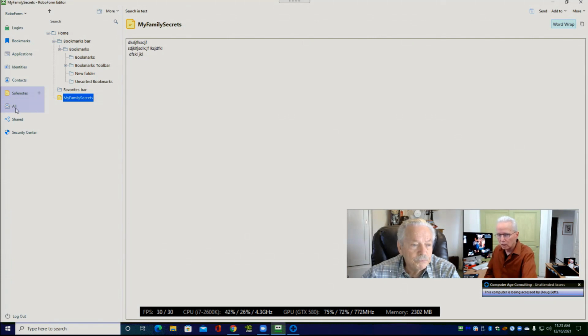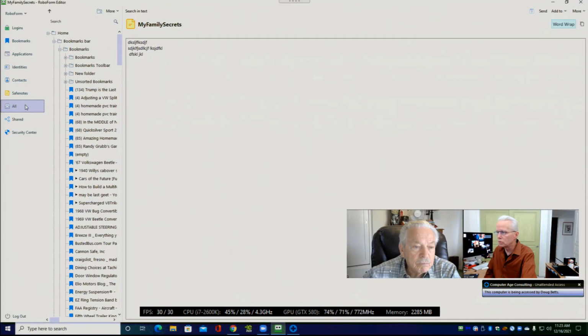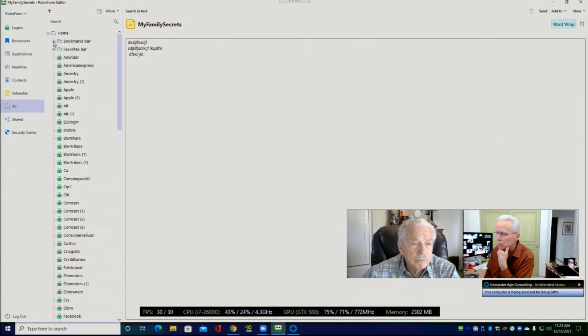Then I'll go on to this All, and it looks like this is going to give us essentially all of your stuff. So here's unsorted bookmarks. If I had drilled down far enough on that bookmark section to expand the unsorted bookmarks, that's where apparently your content is. If I collapse this bookmarks bar, then there's a favorites bar.